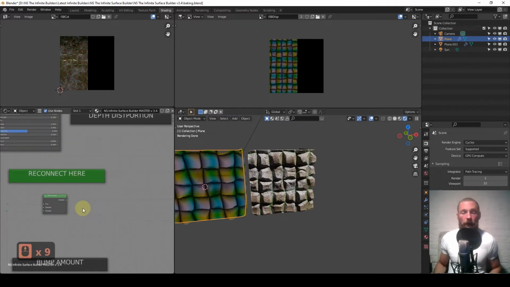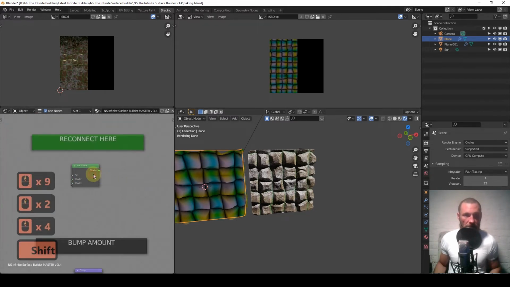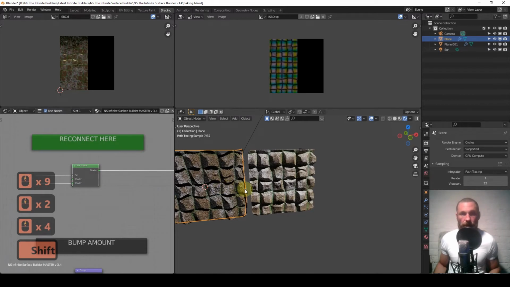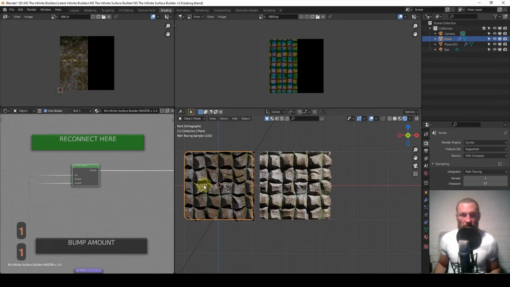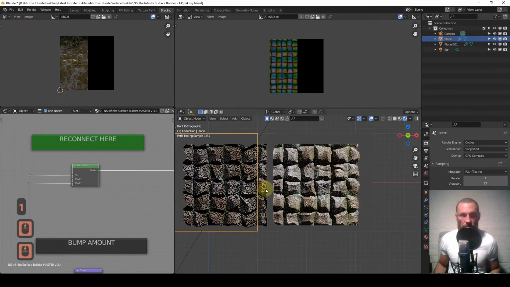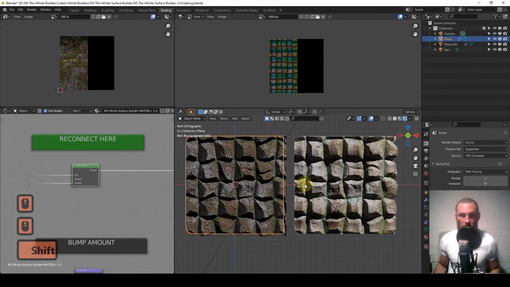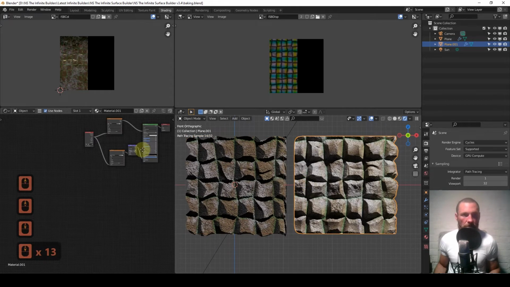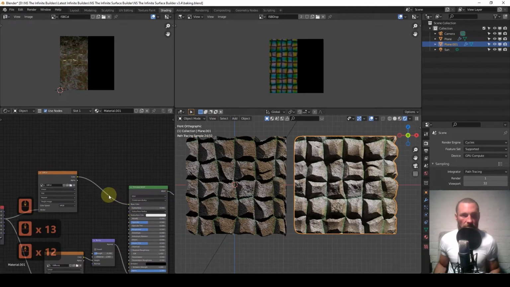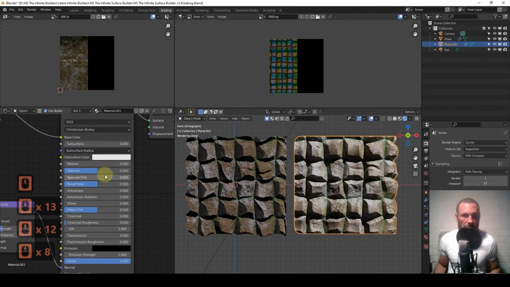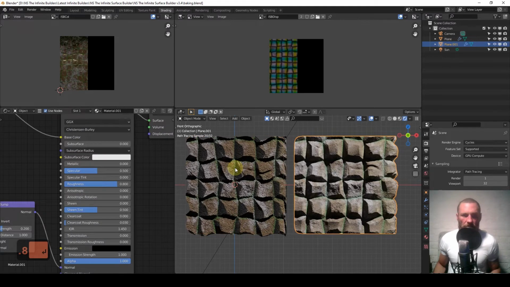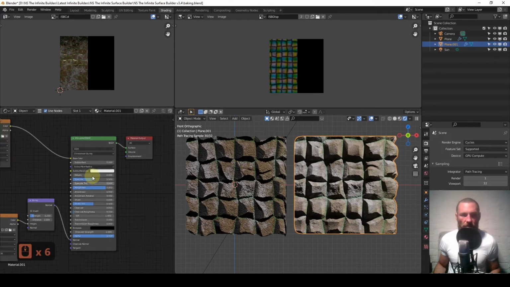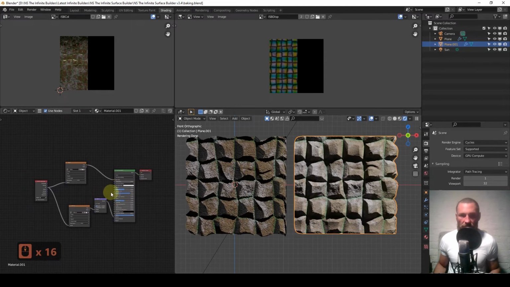Once you're done with all your maps, by the way, reconnect here. Control Shift click. Boom. So the colouring is likely because of the ambient occlusion, adding a bit of dust, or is it the roughness as well? It could be the roughness. Let's have a look. Let's put that up to 0.8. Now there's some dust on that, which I'll show you how to add before,